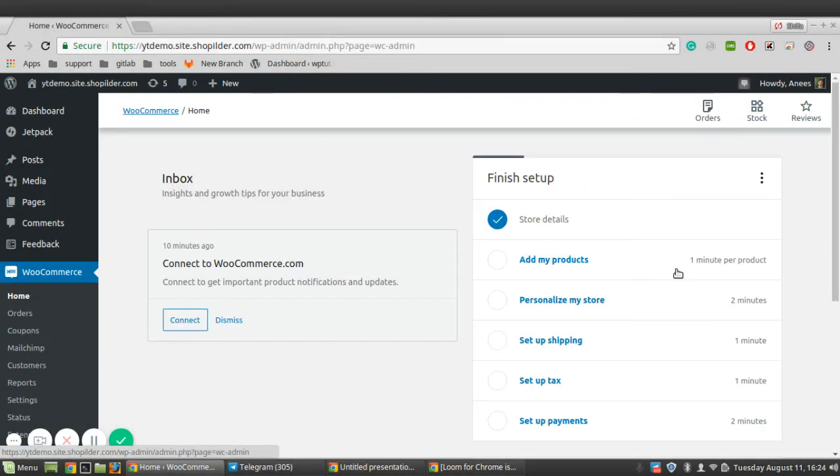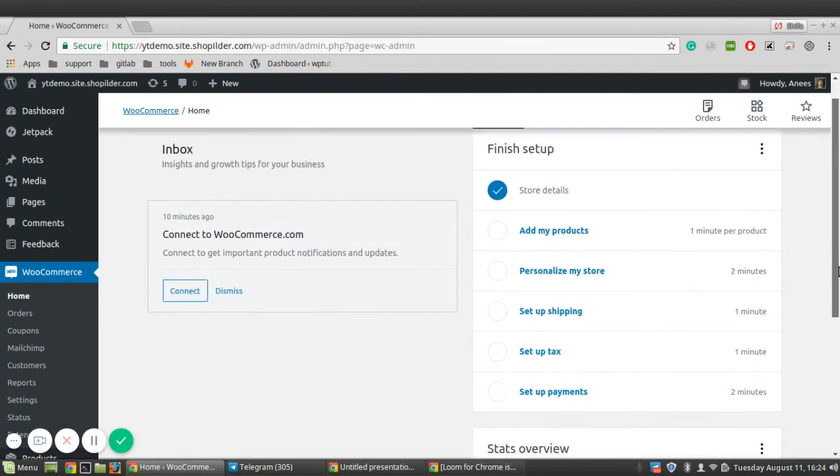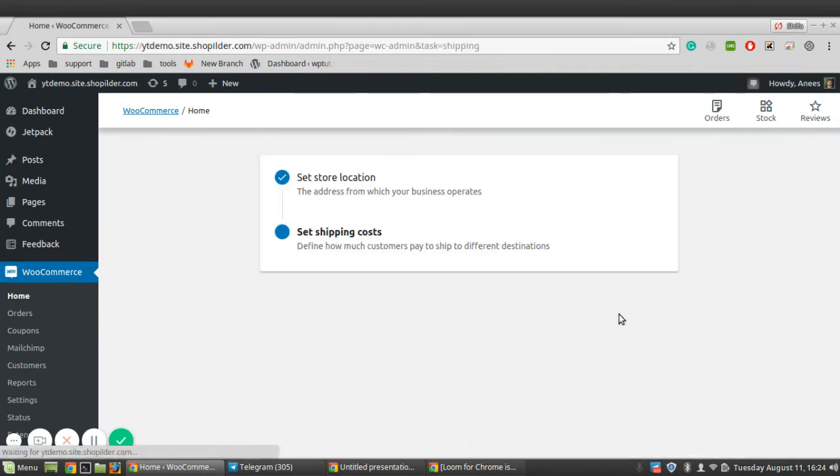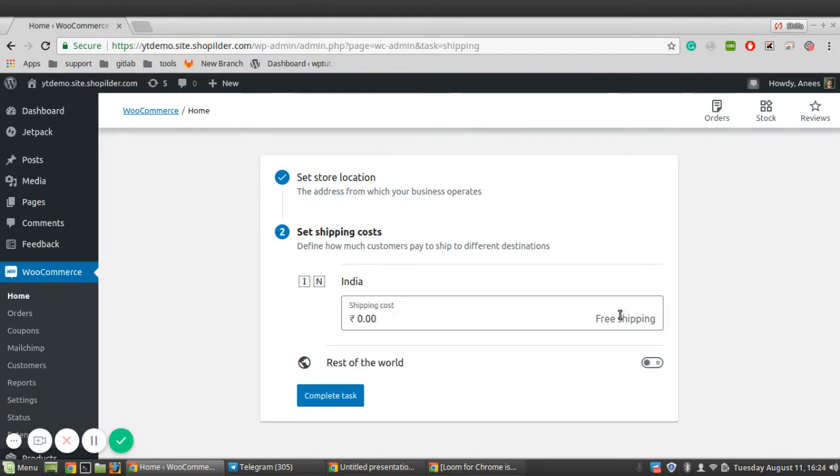Going back to the next option, that is set up shipping. In this step, you can decide how much customers will be charged for your product in your country as well as the rest of the world if you are planning. So you can fill it according to your need.